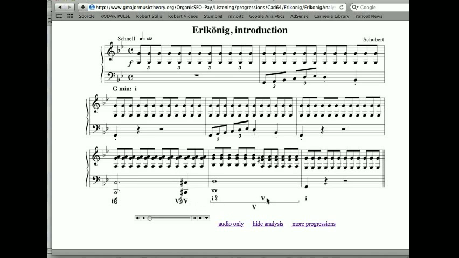Here's our 1-6-4, here's our 5, here's our 1, that's fine, and you see the bracket that encompasses both the 1-6-4 and the 5. That 1-6-4-5 together I want you to think of, and please, this is really important, as a big fat 5. Why is that 5? Because the 6/4, as I've been telling you forever, is a dissonant chord. It's got that 4th against the bass, the D against the G in this case, which must resolve going down